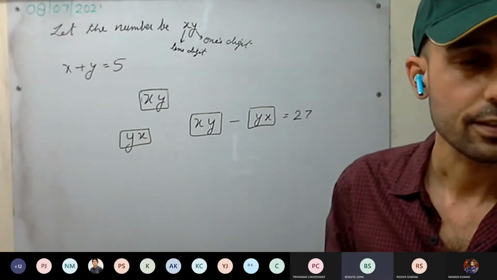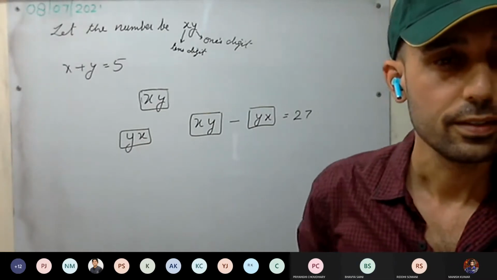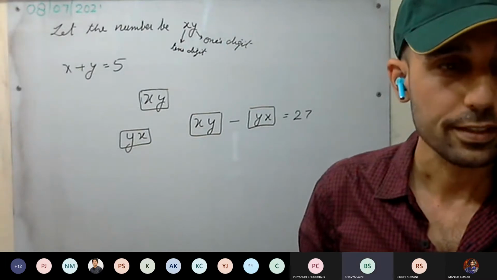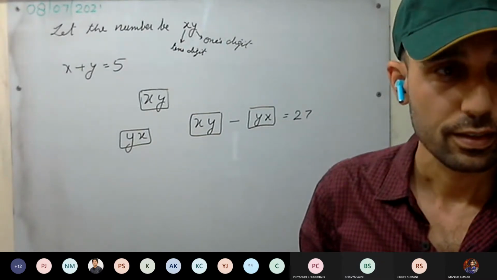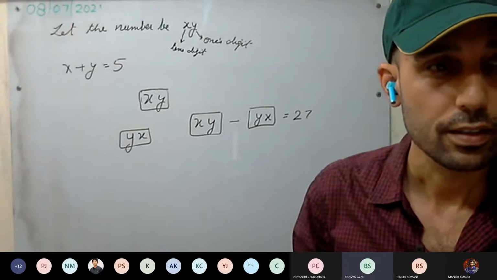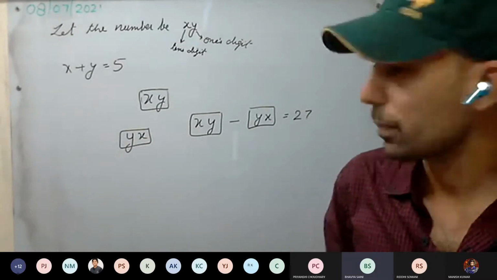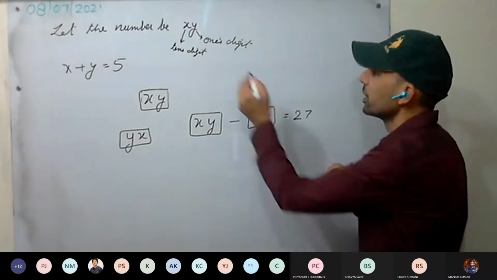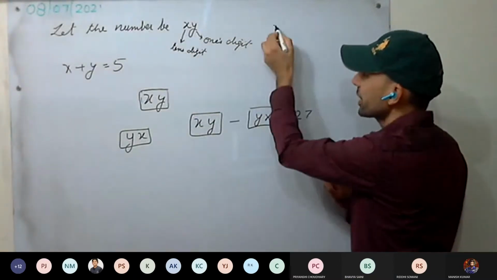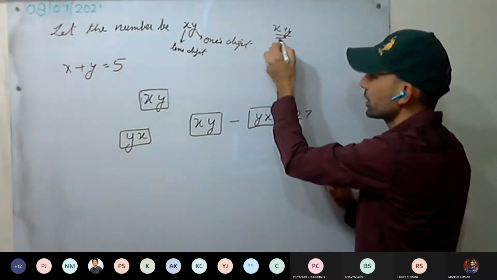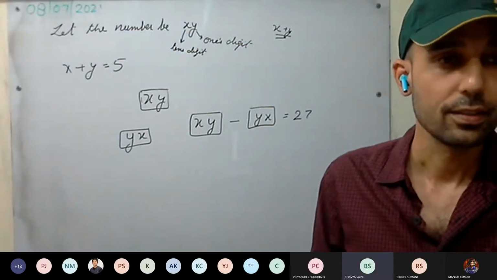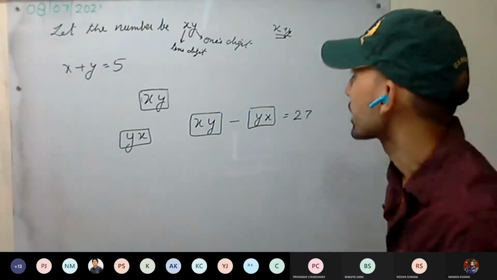Ask again. I didn't get you. Bhavya, ask Sir again: why have we taken xy, not x plus y? Okay, x plus y. See here, why haven't we taken x plus y for this number? You mean to ask this one? Yes, sir.